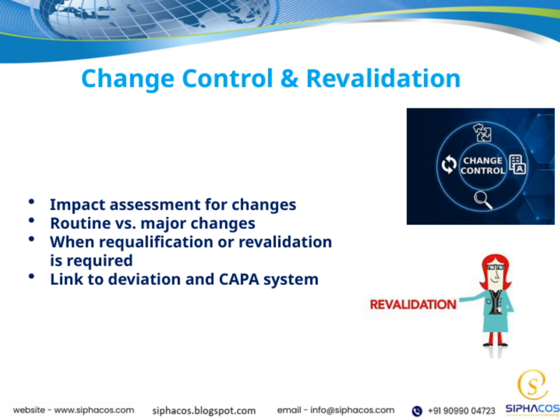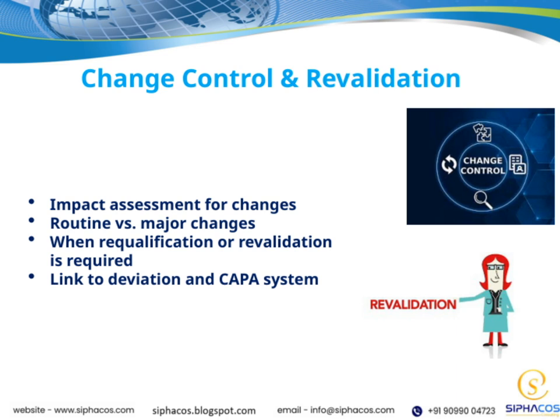When a change is identified, especially if it stems from a deviation or a CAPA action, it highlights the need for careful assessment and documentation. This connection helps us monitor the effectiveness of our corrective actions and ensures continuous improvement. Finally, all these elements, change control, revalidation, deviation management, and CAPA, are interconnected parts of maintaining a robust quality management system. They work together to ensure that any changes are managed systematically, reducing risks and maintaining compliance throughout the product